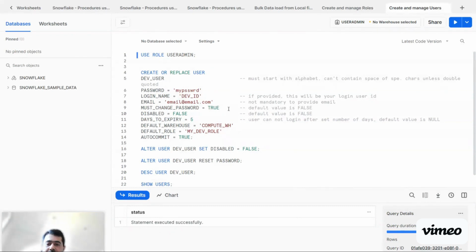If the value is set to true for this parameter, then when the user logs in for the very first time, they will have to change the password mandatorily. Next comes the disabled option. This is also an optional parameter, not a mandatory one. When you set the value as true for this user, then that means that the user is disabled by default